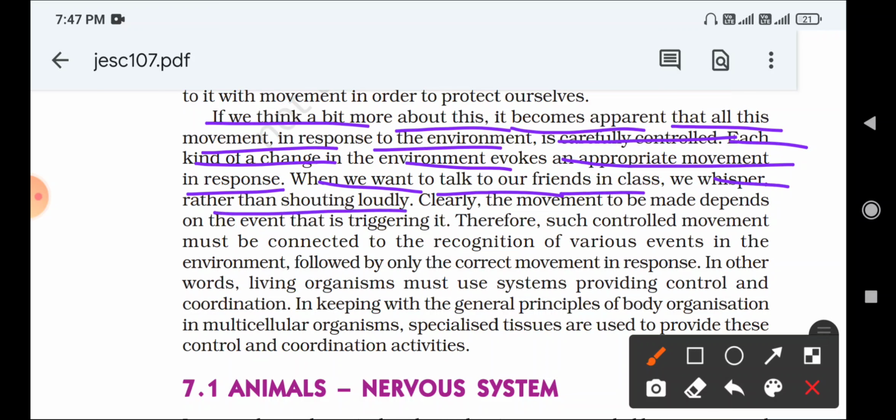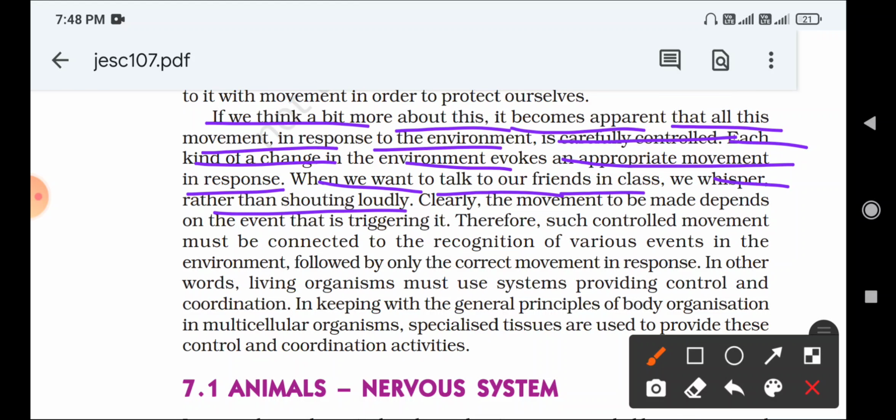Again, we can give several examples. How? It means that according to the changes in the environment, you are giving a response. For example, when we are sitting in a class, we talk slowly or whisper. But when we are on the streets or anywhere other than school, we talk very loudly. So these examples show that we are responding to the environment in a controlled and coordinated